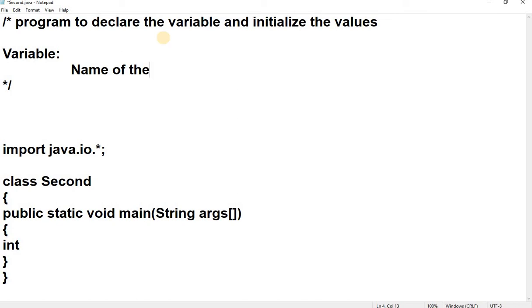If you are confused, you can just go to the first video and you can see there what is variable, what is data type, everything clearly explained. So this is the name of the memory location. That's it. And data type is the type of data which we are going to use. We have data types like integer, character, float, double, many are there. According to our size parameters, we are going to use the different data types. I'm currently using integer type of memory.